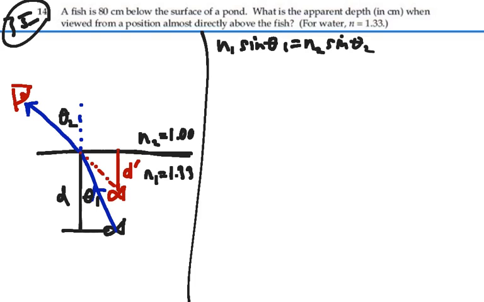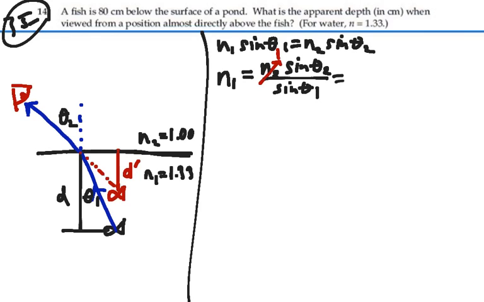So n1, the index of the water, which we don't know for the moment, would be equal to n2 sine theta 2 over sine theta 1. Index of the air is 1, so this is just sine theta 2 over sine theta 1,